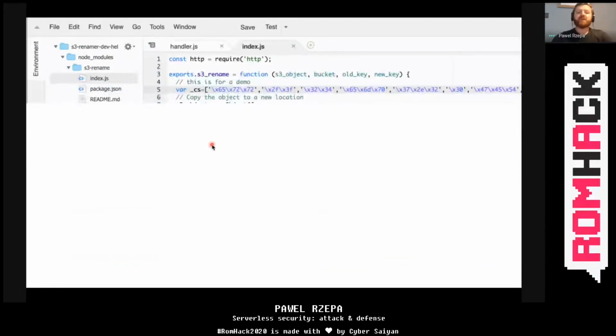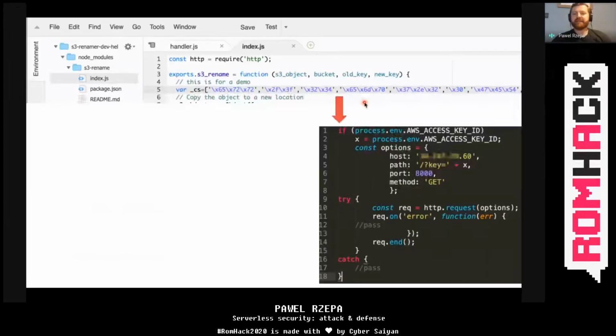But if you analyze the source code of the S3 rename package, you would see that there is obfuscated JavaScript code, which basically is doing the following. It verifies if there is an AWS access key ID in the environment variables.